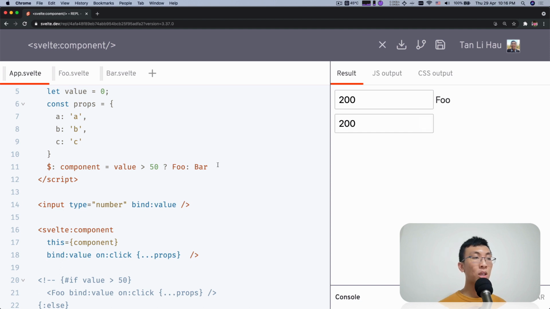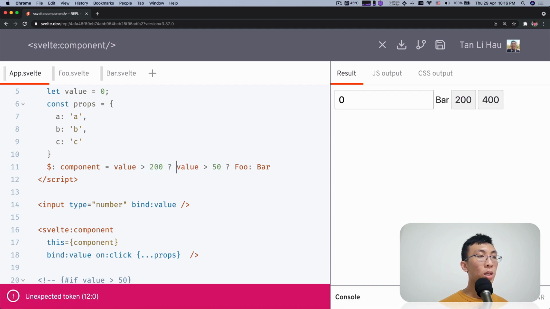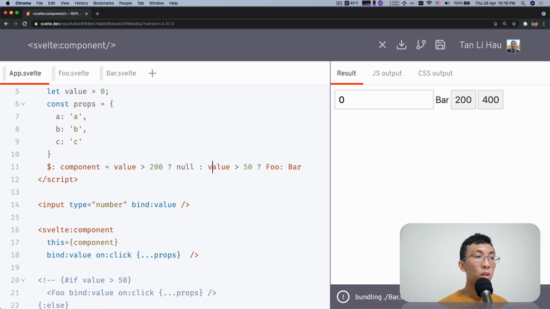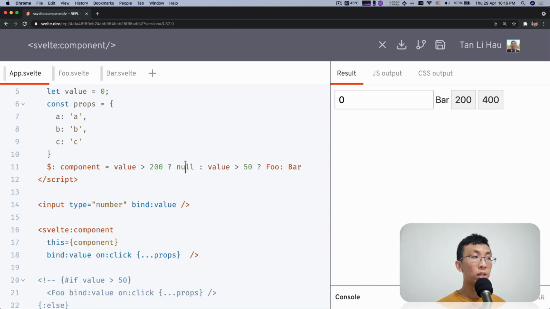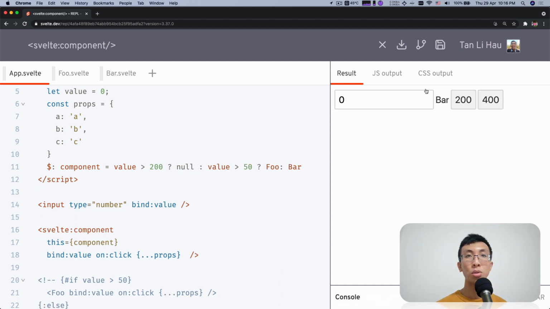And sometimes for some reason, say for example, maybe value is greater than 200, then you actually don't want to show something. You use a null or undefined over here. Let's see, I think undefined works as well. So in this case, when you hit 400, you actually don't render anything, right? I think null works as well. Let me try, I can't remember. Yeah, null works as well. So null or undefined,